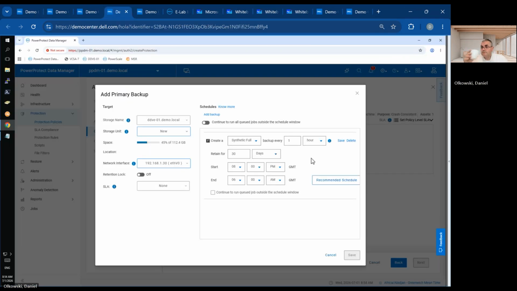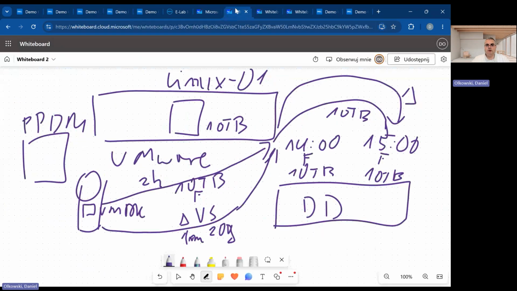Can you please clarify the difference between synthetic full and full? It should be full first and then synthetic full, because from where will it get the synthetic full, the difference between the full backup and the synthetic full? I mean, when you choose synthetic full, if we choose, again, what we should choose,